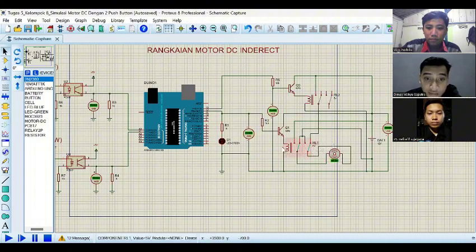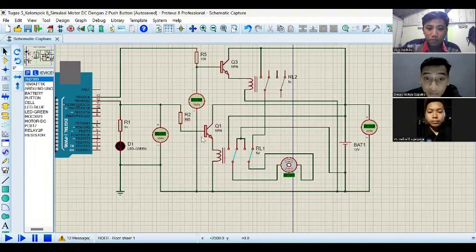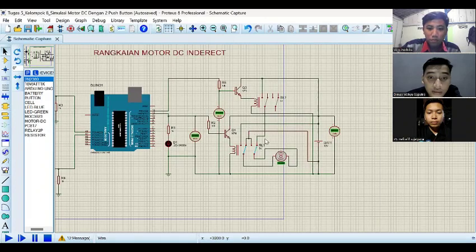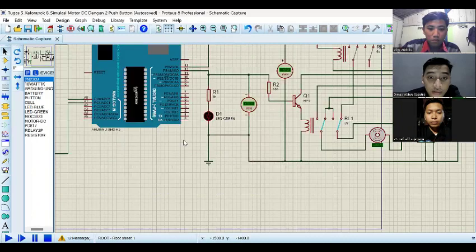On resistor 2 on pin 12 of 100 ohm, it is connected to a collector which is directly connected to the battery of 12 volt, and the emitter goes to relay 1, which is connected to the motor, and the ground on the circuit is connected to the battery.